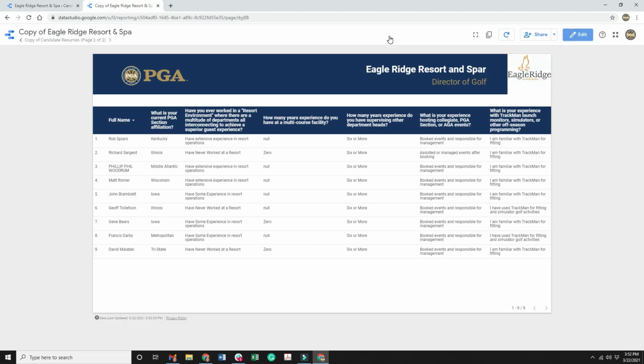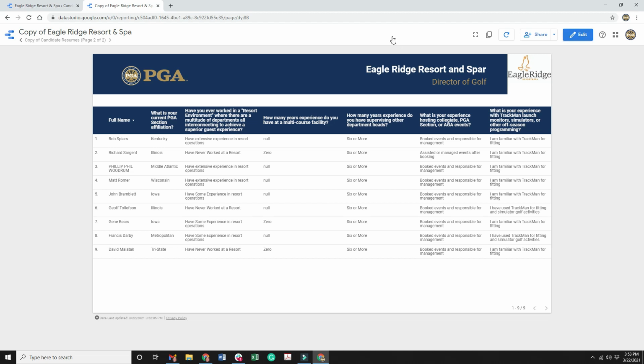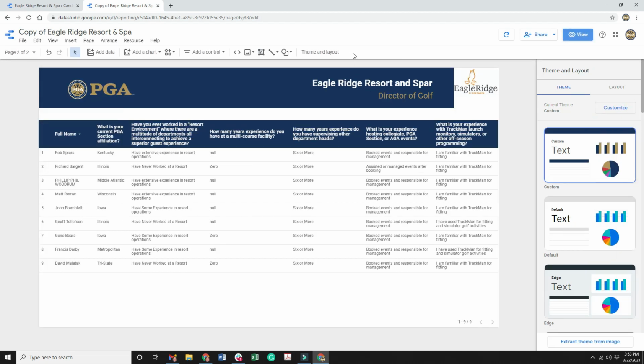We'll click up top here to view. And now we're able to click back and forth. Here's page 1. We can kind of see how it would look to the individual. Page 2. We're going to go back to our edit button, just so we're in here. And then if we need to share it,